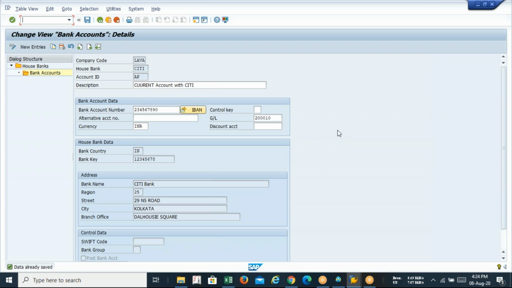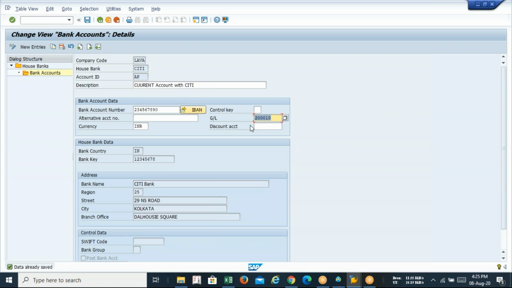So we can also proceed with our existing house bank account, right? So you have to create another 1 GL, as we have already created. Yes, we will create another one GL, but as we have already created the house bank, we can directly put all the details over here. If you have already created your house bank, you just have to create a new GL called main bank account, and just edit it.